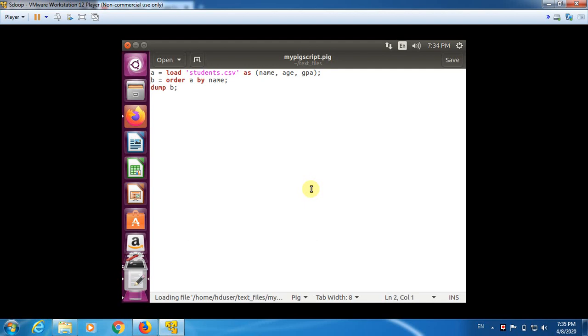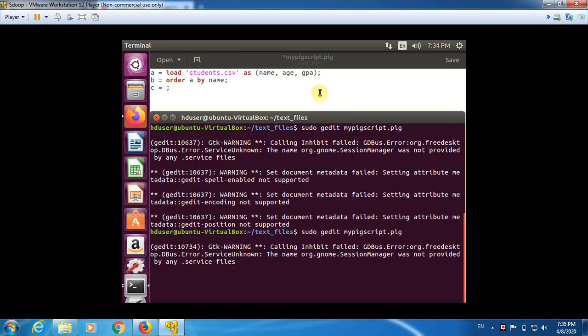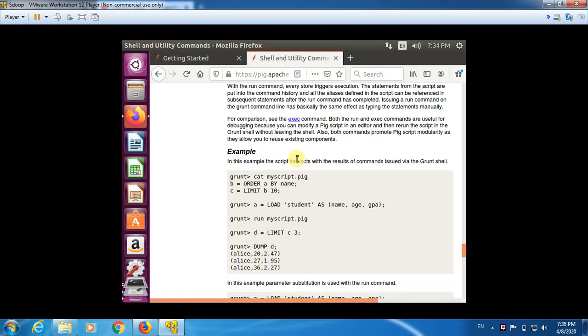Order them, and then after ordering give me only the second column. Save C is equal to... it is load, not load, I'm sorry. So the appropriate command is going to be